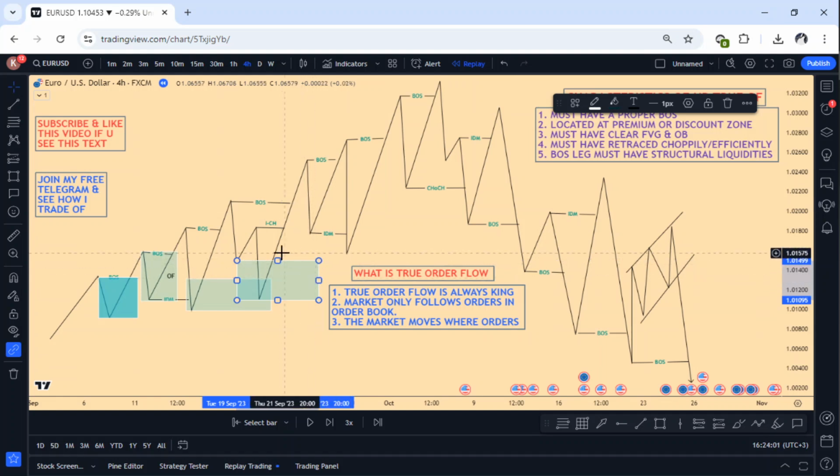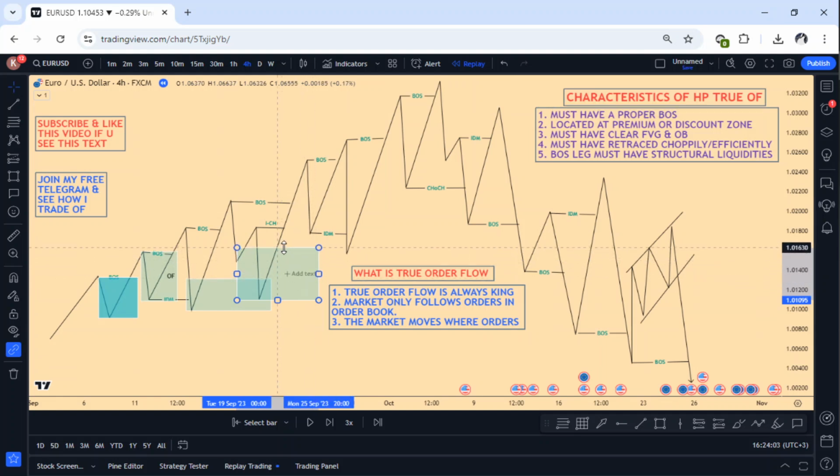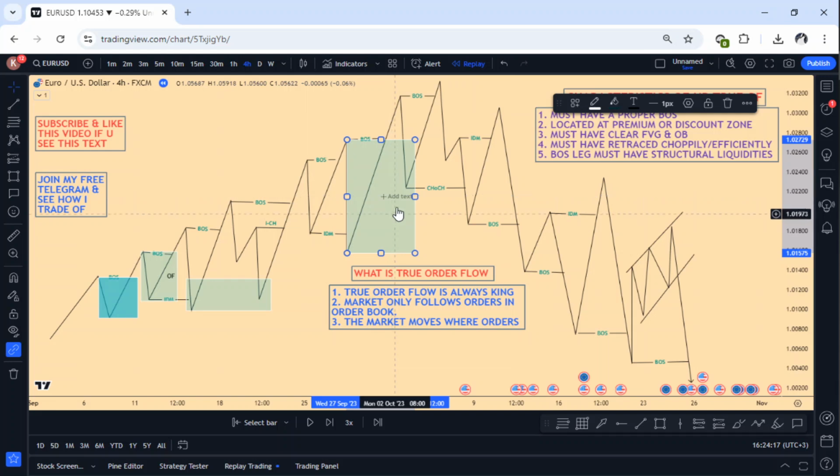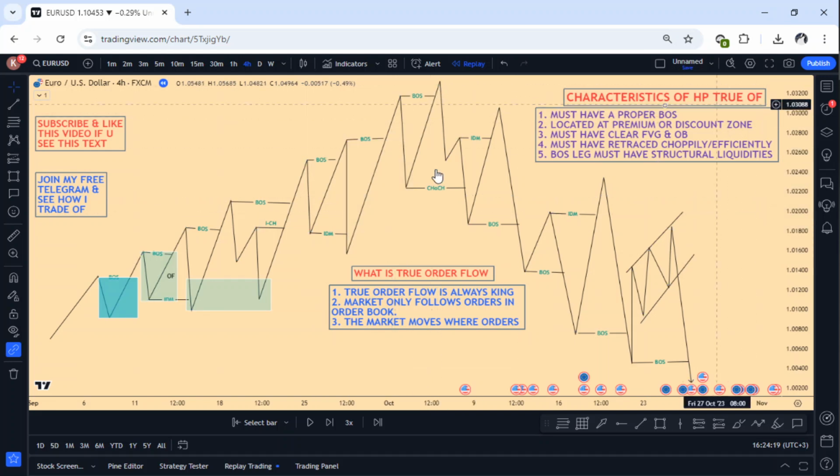So the market taps onto it, and then it moves. So there could be some POI over there, and then the market moves. Now after that, the market takes another tap on this last order flow before changing character. Then it breaks structure, and then it changes character over here. After tapping this order flow,